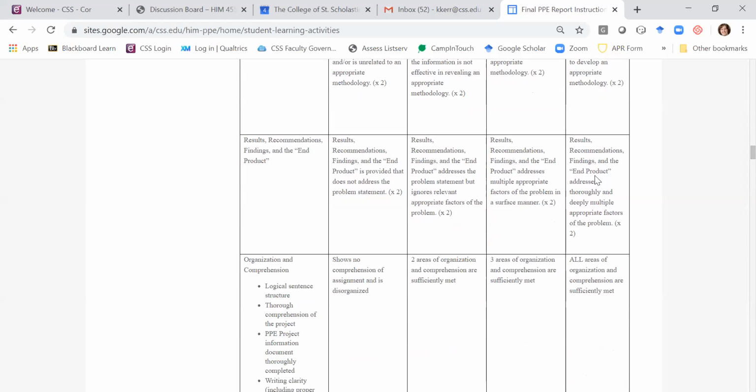Results, recommendations, findings, and the end product: address this thoroughly and deeply, including multiple appropriate factors of the problem. So, relate everything back to that problem statement. And I'm looking for very good writing here, okay? And so do your best in kind of connecting all the dots and